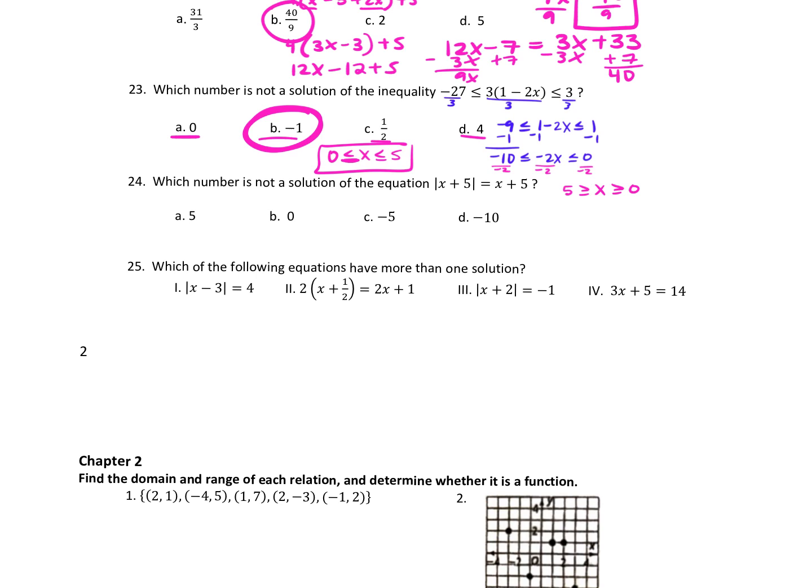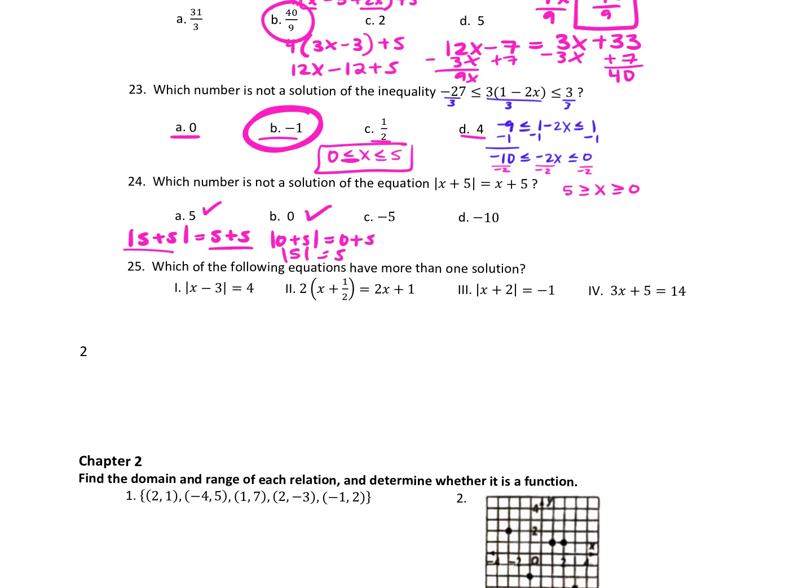All right, 24. Which number is not a solution? Again, you could set this up and solve it, or you could just plug these in. I kind of think this one's easier just to plug it in as you go. If we plug it in, this is saying the absolute value of 5 plus 5 equals 5 plus 5. So the absolute value of 10 equals 10. That is true, so that works. 0 plus 5 absolute value equals 0 plus 5. So 5 equals 5,